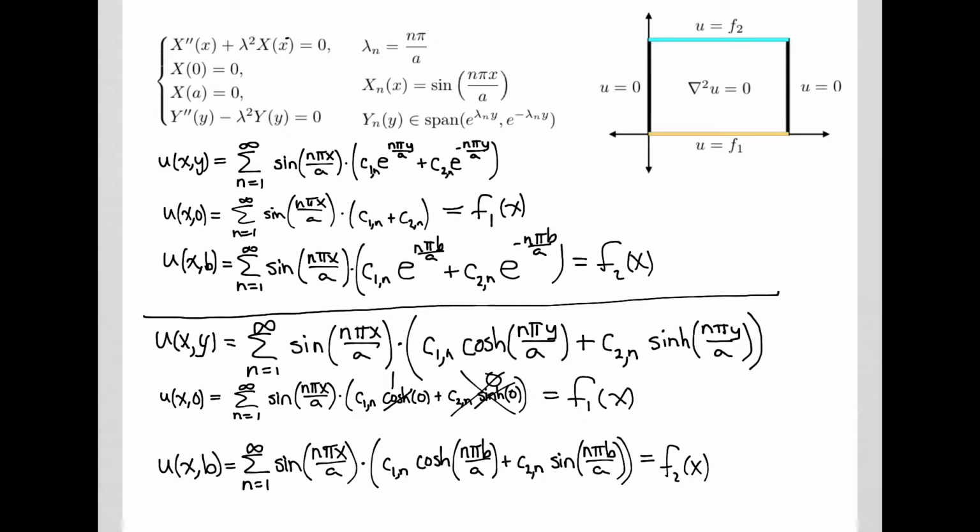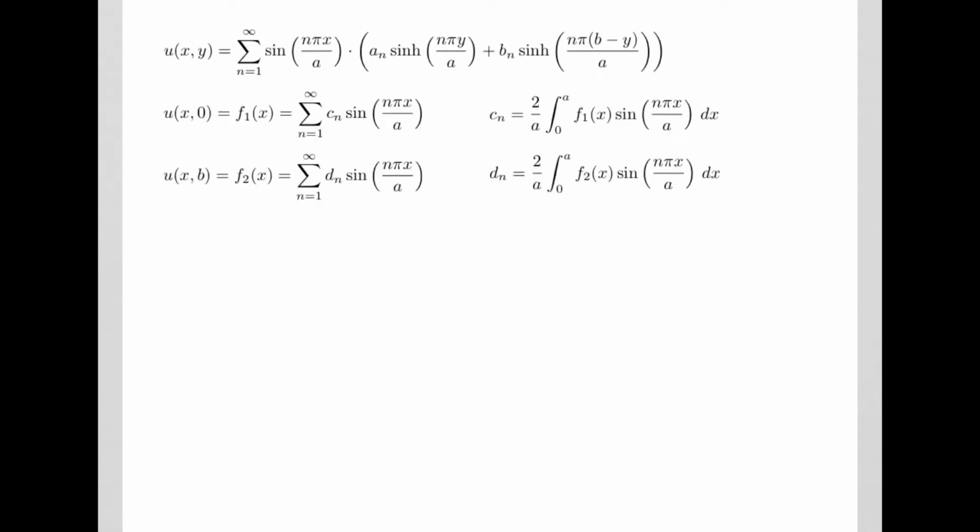So, it turns out there's a clever choice for my functions. Instead of using cosh and sinh, I'm going to use a slight variation. I'll keep sinh because that has a value of 0 when y equals 0. But instead of using cosh, I'm going to use a shifted sinh function. Notice what's different: it's still n pi over a, but instead of y it's b minus y. Now this might not feel like it's still in the same linear combination,